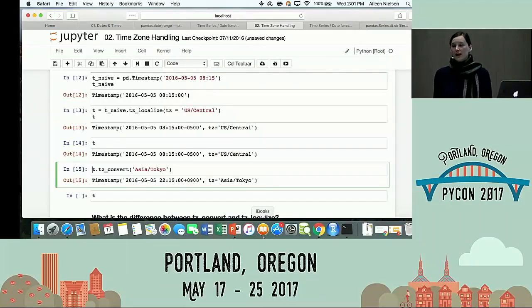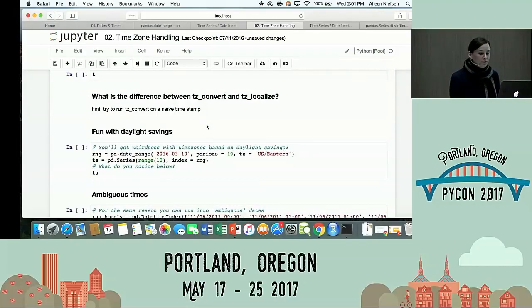That's the more difficult task. If I just wanted to change the label, I could easily have just set it myself to begin with, right? So once you give it a time zone, you fix a real moment in time anchored to a place, and then whenever you adjust it, you're adjusting relative to that time zone. If you have it naive, you're always just going to have that label of whatever time you said it was. Okay. What's the difference between tz_convert and tz_localize? We'll try to run tz_convert on a naive timestamp. What do you think is going to happen? It'll throw an error, right? Which is what you'd want it to do.